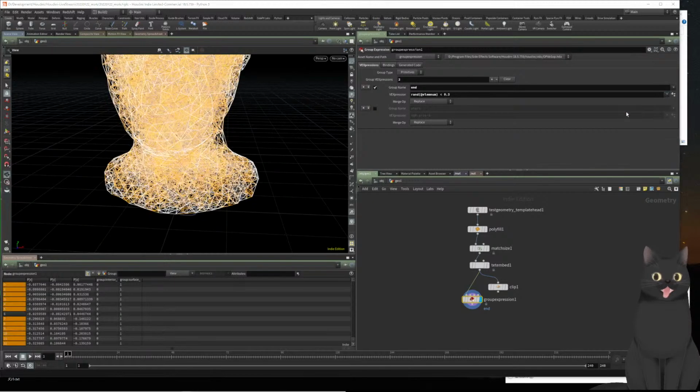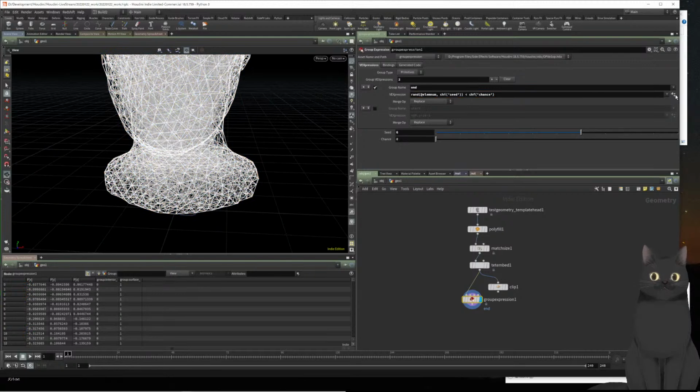And in order to customize this a little bit, we will set the channel integer to seed, so we get a slider for varying the endpoints, and also the chance should be definable, so you can just say channel float chance, so this would be like a percentage slider. In case you would need more seed values, you could just dive inside the edit parameter interface and set, you could just